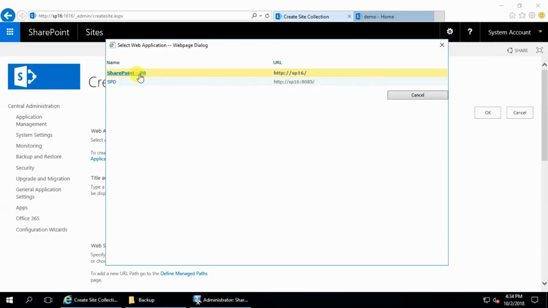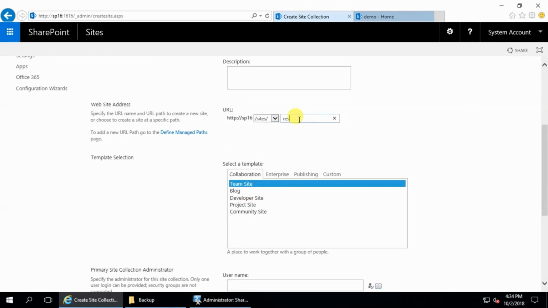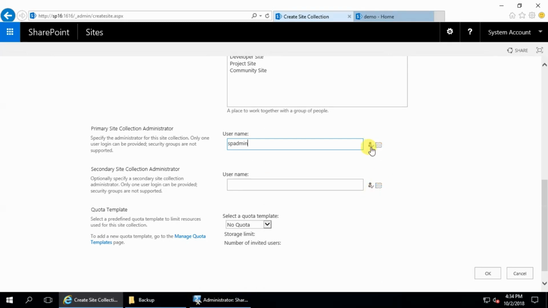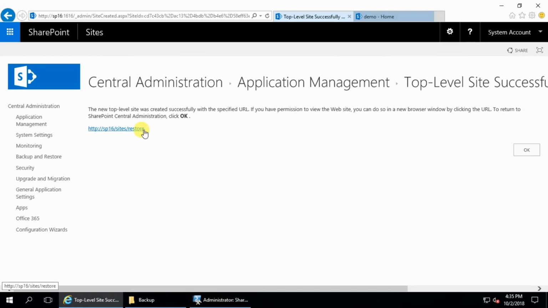My web app is fine. Restore sites, restore team site, and this is my user. Okay, the site http://sp16/sites/restore is created.